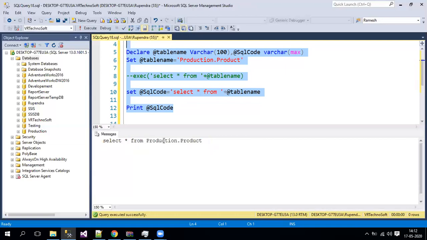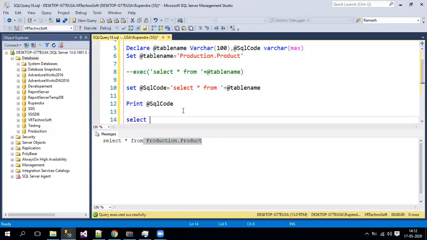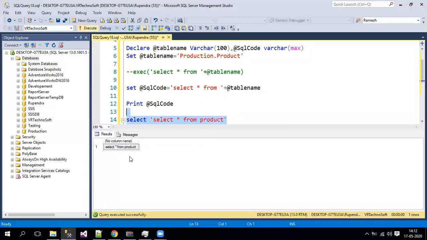Now, if you see, this is what it is printing: select star from production dot product. Now what happens with the single quotes? When you write, for example, select star from a table name, let's say product, and when you put single quotes here, the result set will come like this.